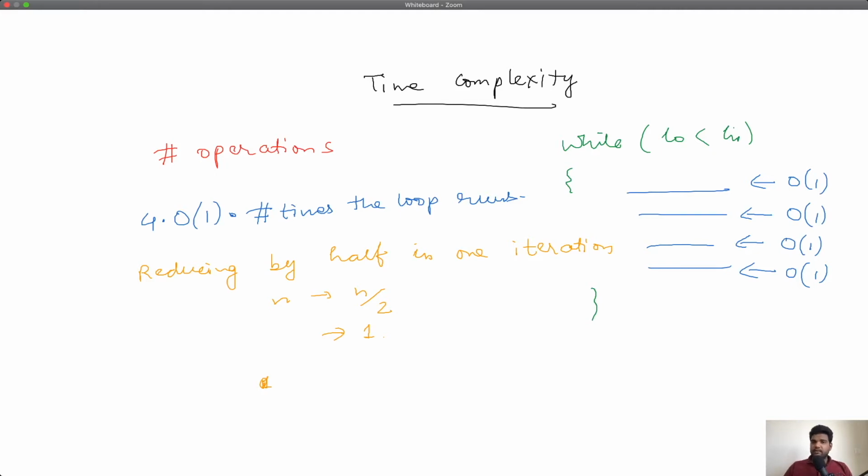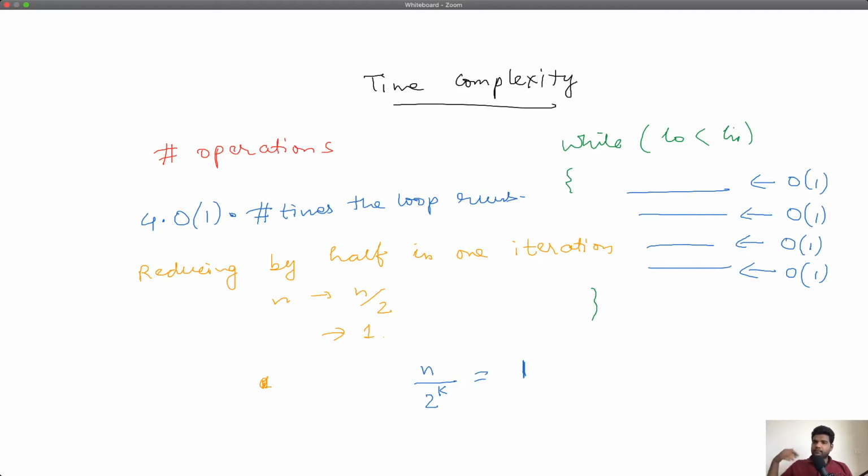k, right? So what does that basically mean? That means that you have k iterations, and in every iteration you are halving, so this has to become 1. N by 2 to the power k has to become 1, right?